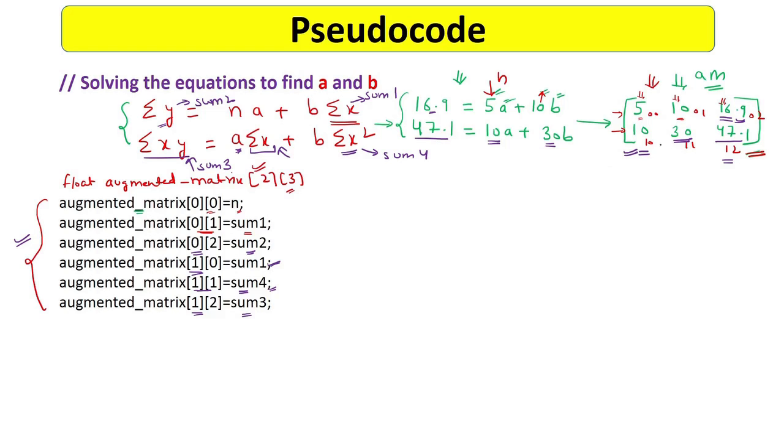So to find the values of a and b, we now have to find the solution of this augmented matrix, or you can say the solution of this simultaneous equation. For that, the Gauss elimination method says that we have to convert this matrix into an upper triangular matrix so that all the values below the primary diagonal are zeros. In this matrix, it is very easy to convert it into an upper triangular matrix. Our motive is to convert this 10 into 0, and for this we have to apply various row transformations.